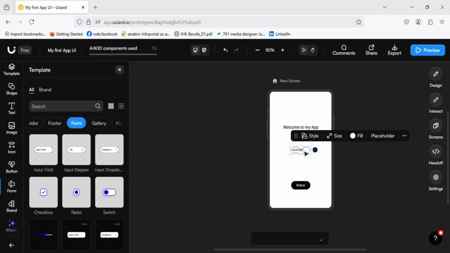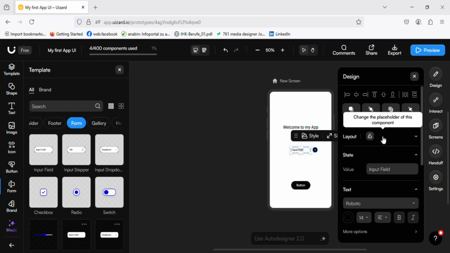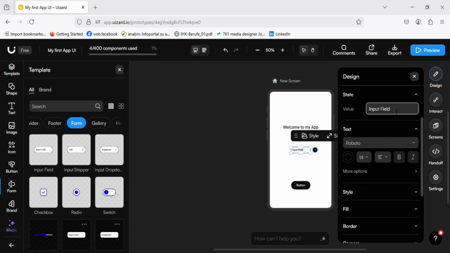You can also click on it and then come right here on the placeholder, click on the placeholder, and then for the text, for example, you can come right here and say enter your email. So let's come right here and say enter your email, and that's fine. All right,